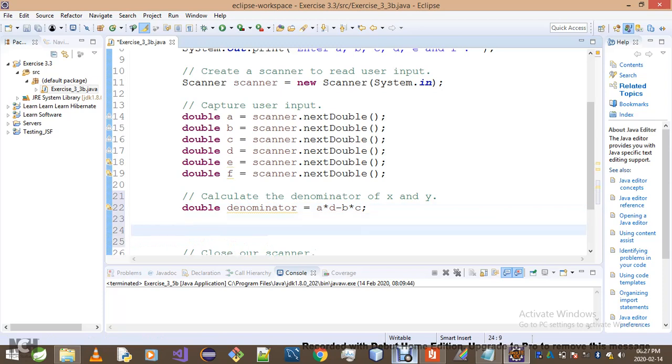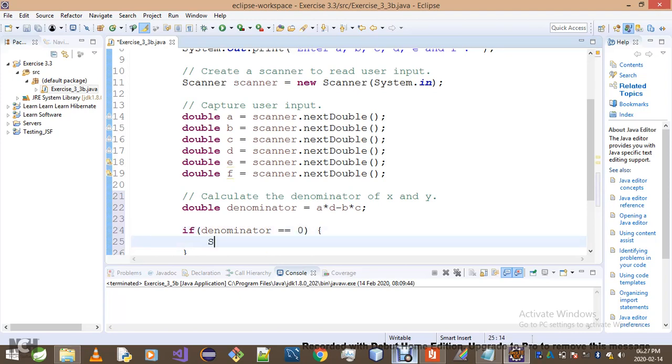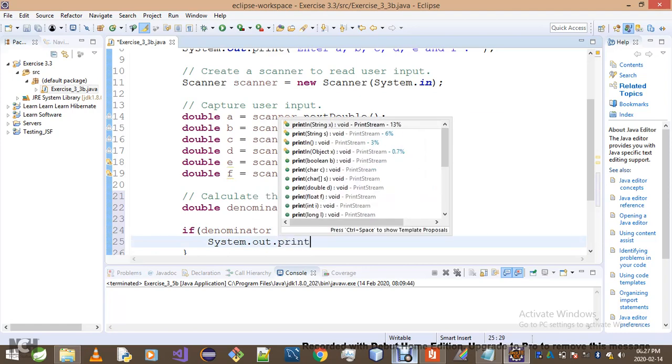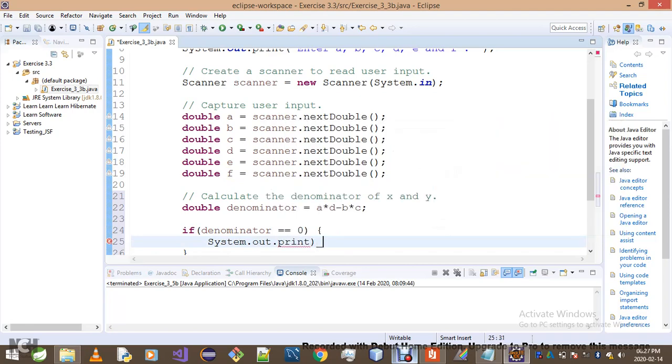Okay, once we do that, it is time we jump on to our conditional statements, right? We just say if denominator is equal to 0, what is it we do in that case? We simply go system.out.print. We were told that there's no solution in that case. We were told to display the equation has no solution,